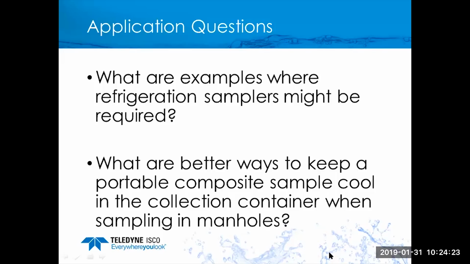What are better ways to keep a portable sampler, a portable composite sampler, cool in a collection container when sampling in manholes? Traditionally, the means to achieve this was to pack the base around the bottle with ice. Ice can be kind of messy because, of course, it melts, and then you have all this additional ice in the base section that may have the effect of floating the bottle, which can cause problems. And certainly it adds weight to the sampler because you have all this additional water now on top of the